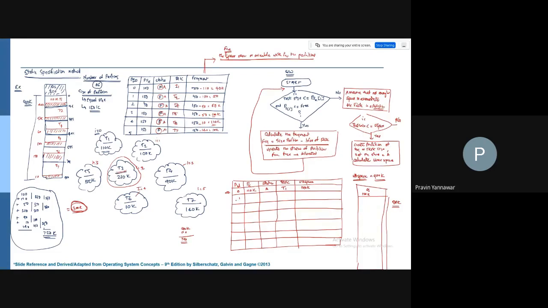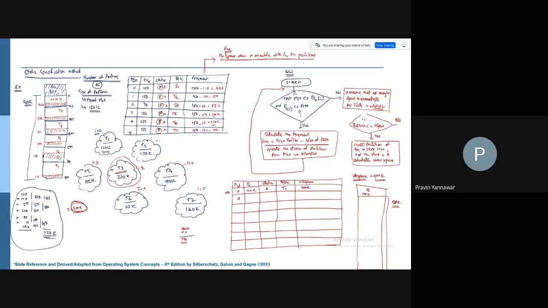This is the next partition you are going to create, which is 1. So let us look at 2. Is 2 less than 790? Yes, it is 100k. This is allocated, and this is going to be 2. This leaves 690. Then go for 3.